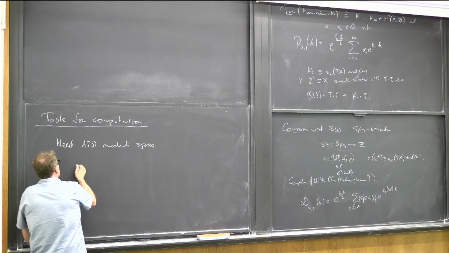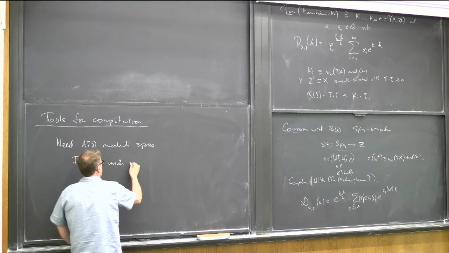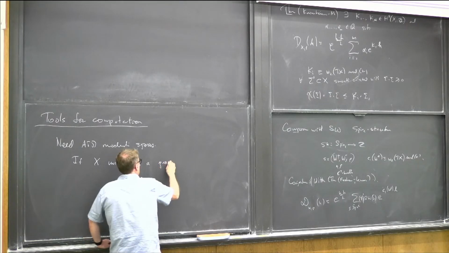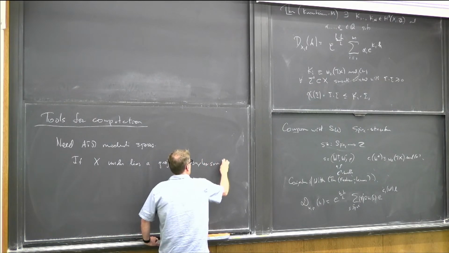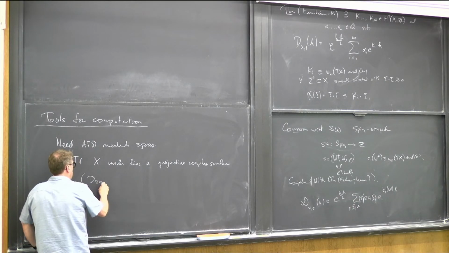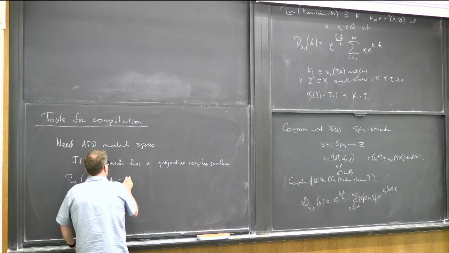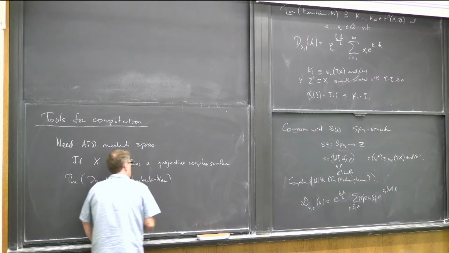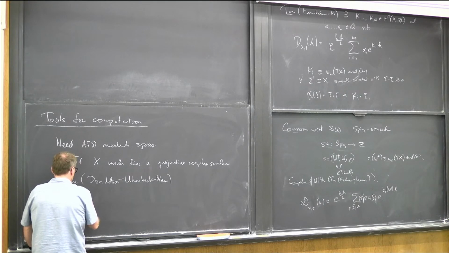And so if X, our four-manifold, underlies a Kähler surface, or say, it's a projective complex surface, then there's a theorem of Donaldson and independently Uhlenbeck and Yau, which tells you that we can identify the moduli space